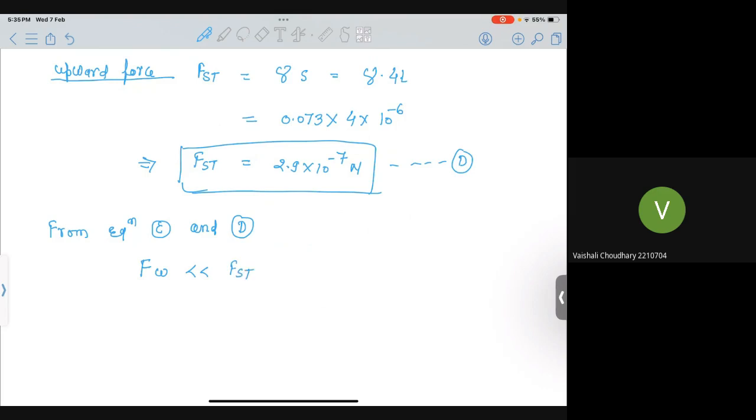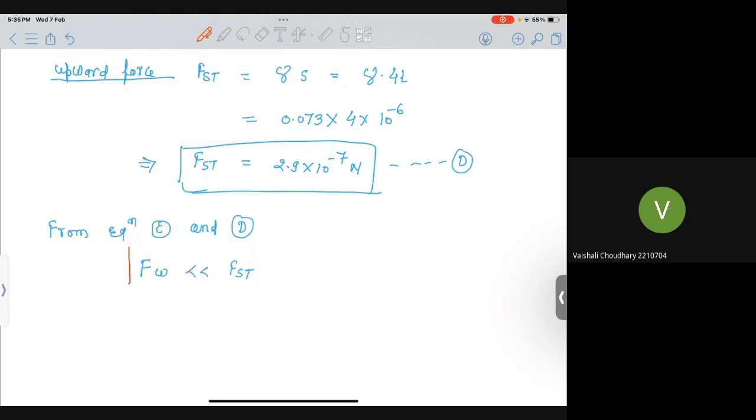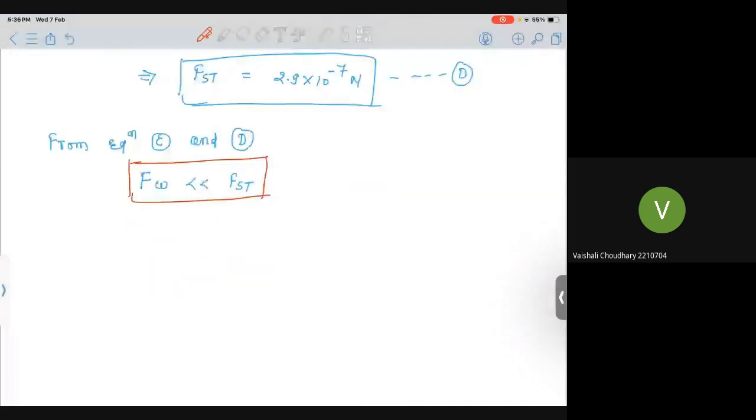Okay, it means that when the length is reduced, the surface tension force will dominate the downward force. Therefore, the block will